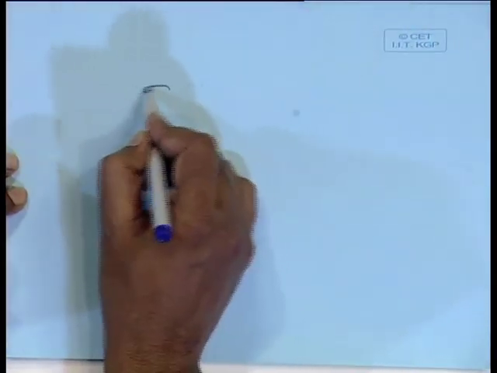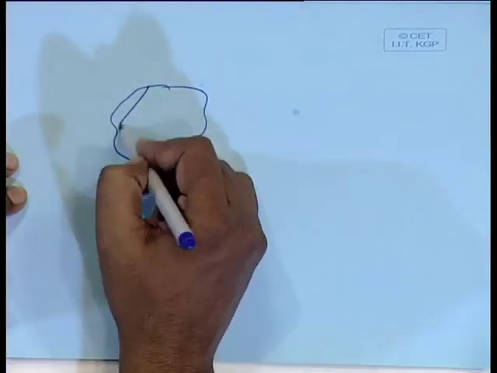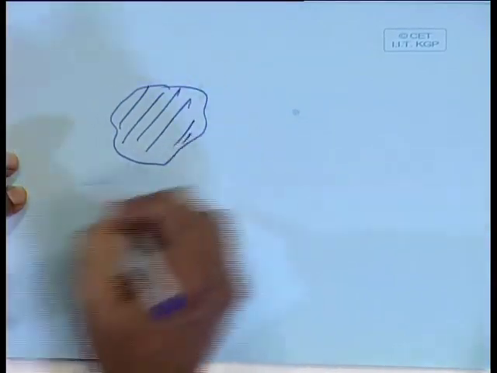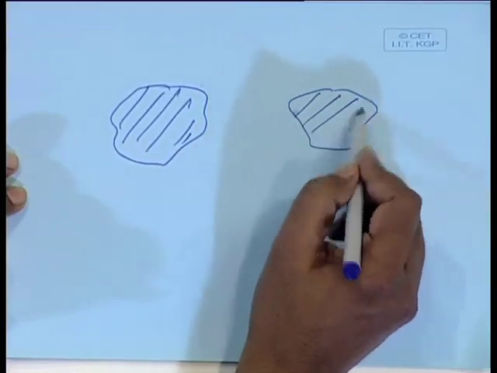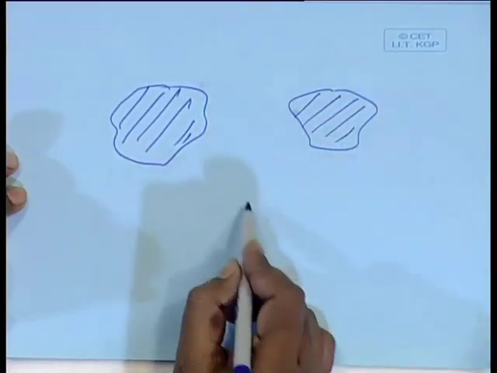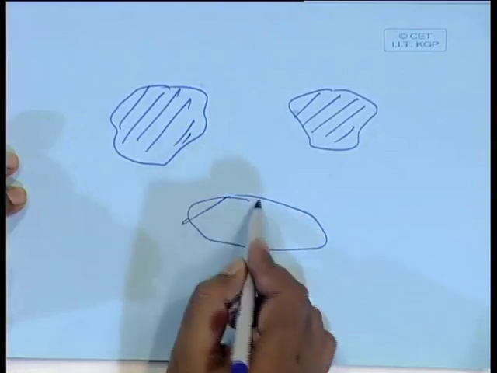I have a set of points somewhere over here which belong to one class. I can have a set of points somewhere over here that belongs to the same class, and another set of points somewhere over here which also belongs to the same class. And in between I can have